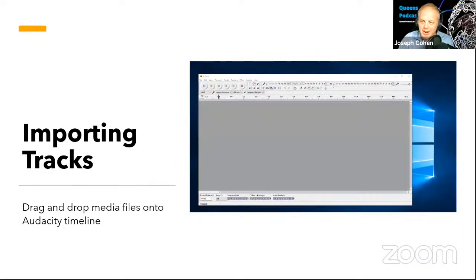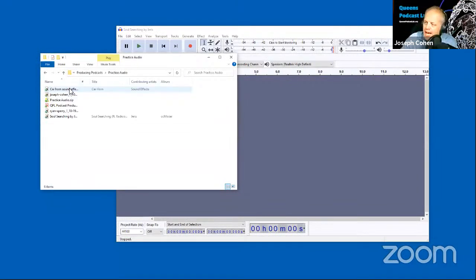So let's take a look at how this program works. And I'm going to show you sort of a few types of operations that you can engage in. And we're going to start with just importing your track. So take a look. Hold on. I'm going to get out of this share. And I'm going to get out of this. And hold on. I'm going to share my desktop. Okay, so if you take a look at my desktop, you'll see I've